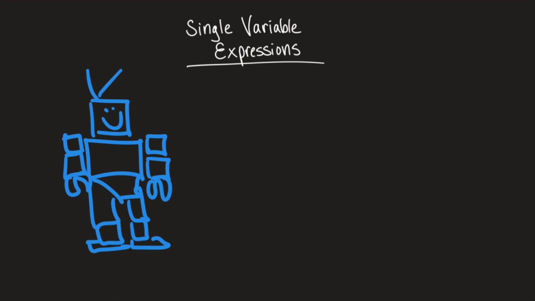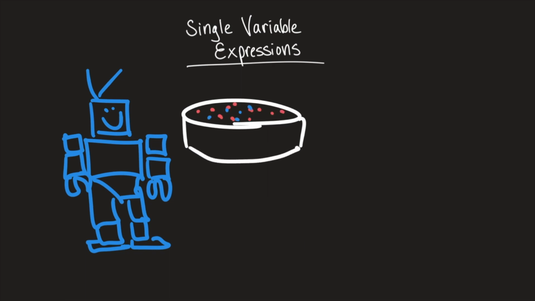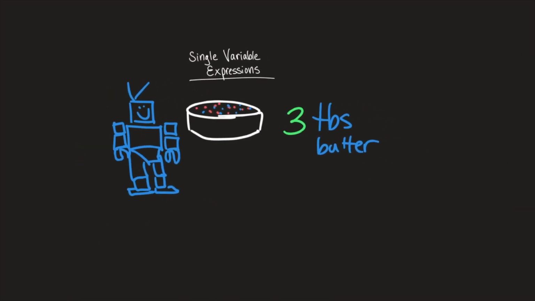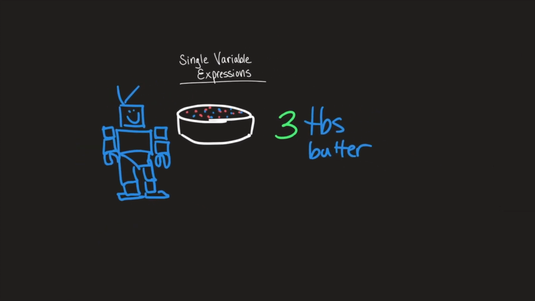specific kind of cake. Let's say for this birthday cake, it has a specific recipe. It knows how much butter to put in this cake. Let's say it knows that it needs 3 tablespoons of butter for this cake. Now, when this robot came out, it was a little too expensive for people just to have